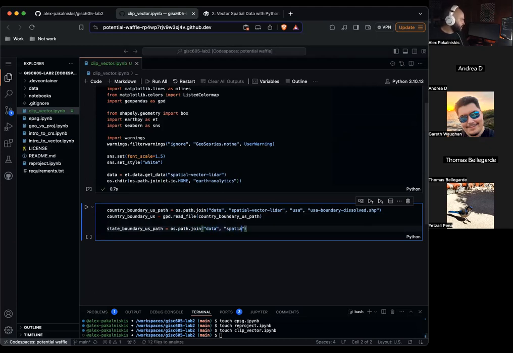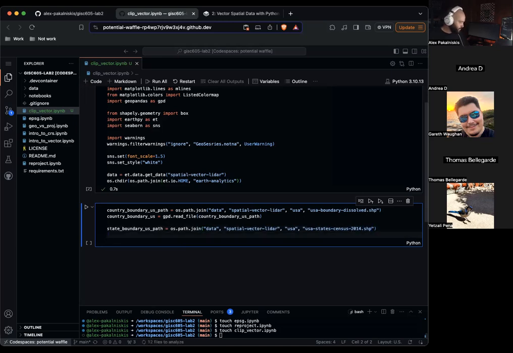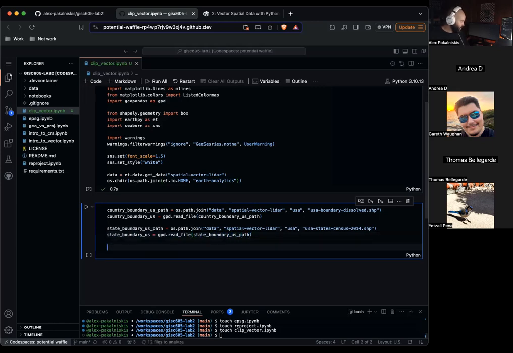Spatial, LiDAR, USA, states, 14.shp. Read it in with GeoPandas as a GeoDataFrame. Do the same thing for populated places.